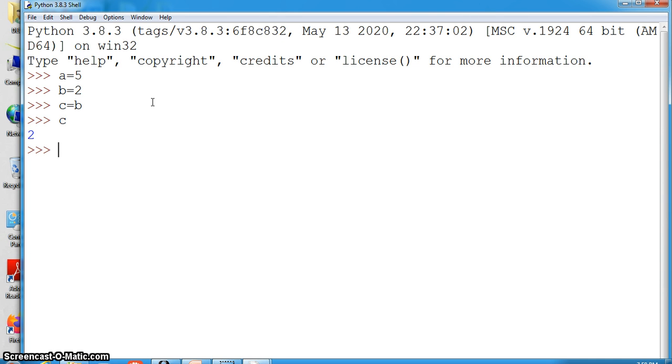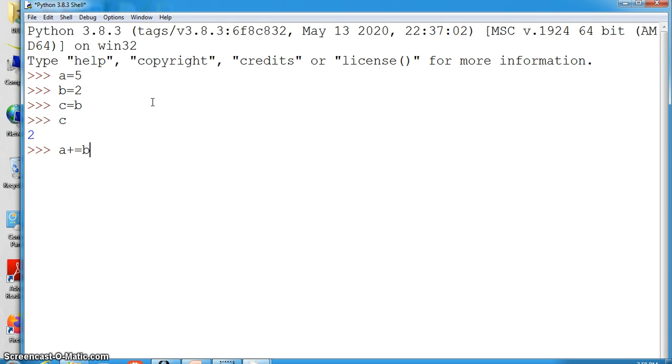That is assigned. B value is assigned to C. Now let me try A plus is equal to B. So what will be the answer? A plus is equal to B will be similar to A is equal to A plus B. A plus B is 7.